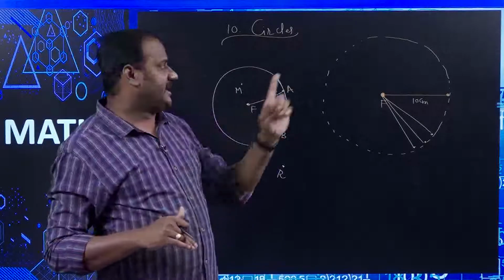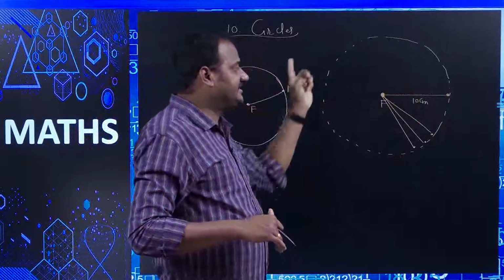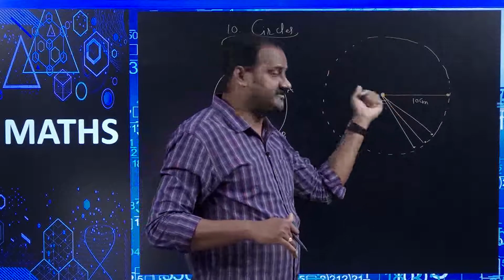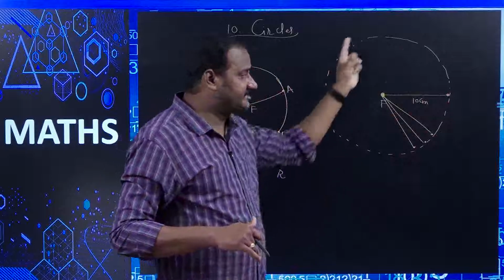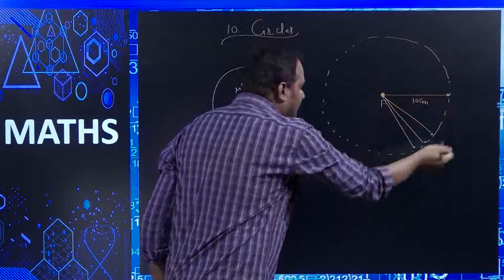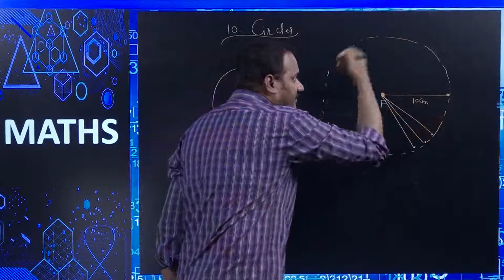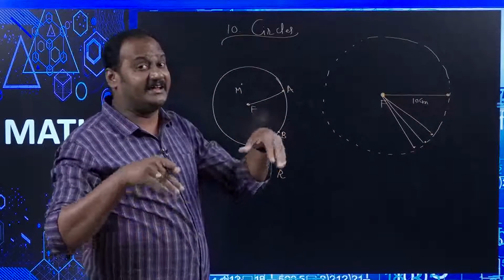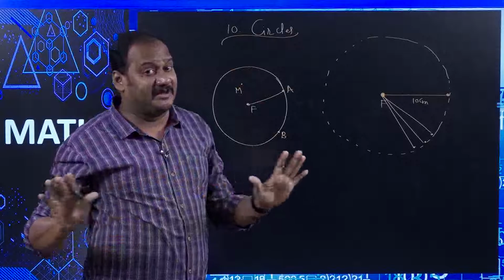You know how? As per the definition of a circle, the set of all the points which are equidistant from a fixed point is said to be a circle. It means all these points together are called a circle. Is the center one among all the points? Not at all. The center of the circle lies inside the circle. Therefore, the center of the circle does not belong to the circle.